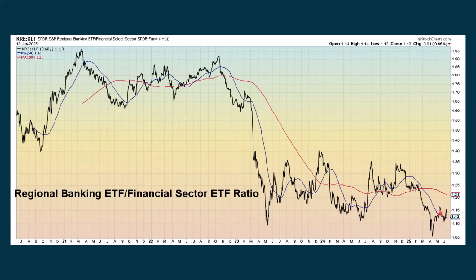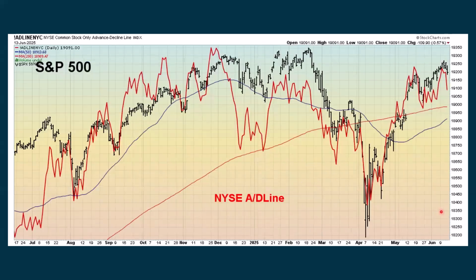We would like to see this do better and eventually get back to the point where we see a golden cross, but we've got quite a bit of work to do before that's going to happen. Then, as I say every week, this is an apples to oranges type of comparison. We look at the S&P 500, which is the bar chart, and then the red line is the NYSE advanced